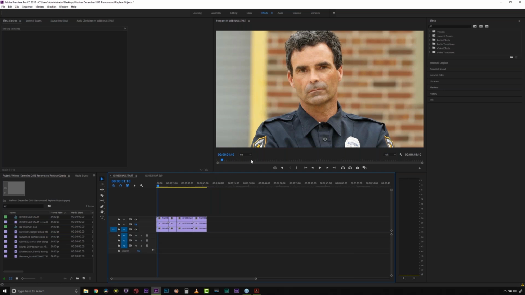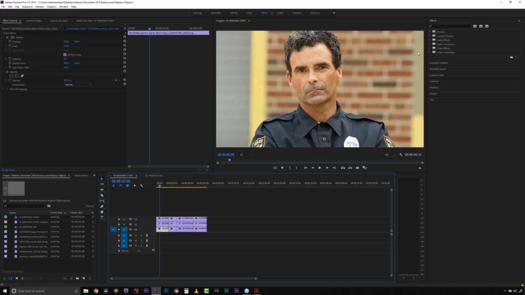But the first thing I'm going to do is talk a little bit about the concept of what the Bcc Remover does, and then we're going to jump into Mocha. This actually doesn't use the Mocha tracking or masking for this removal, and the reason is because this is a still shot. Since it's a locked off shot, we can use the remover, and let's show you how right now. Let's turn both of these off, jump to our original scene,